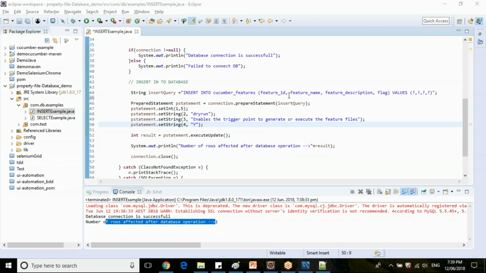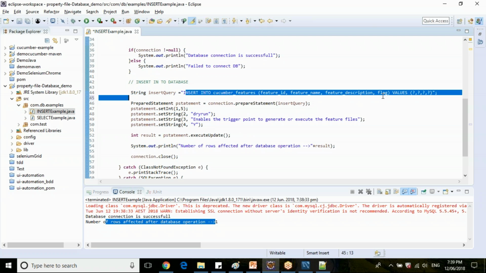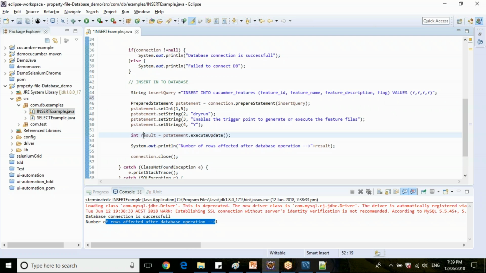All you need to do, since you are inserting some values, is use a prepare statement and prepare your query based on your parameters, however many are available. Then you need to update this prepare statement and take the output into an integer.